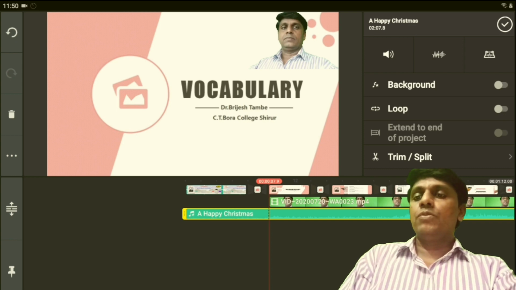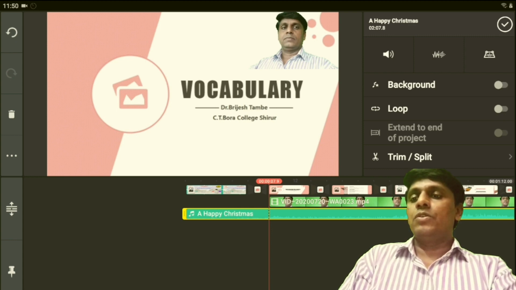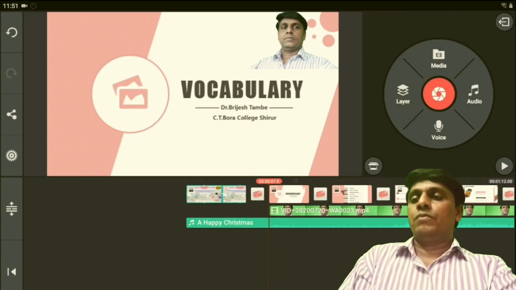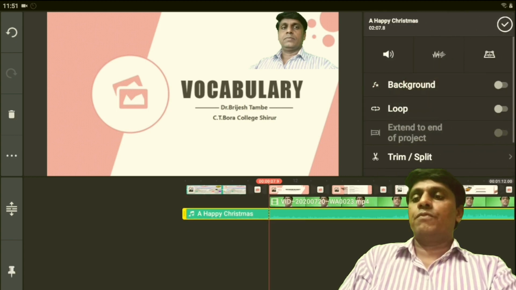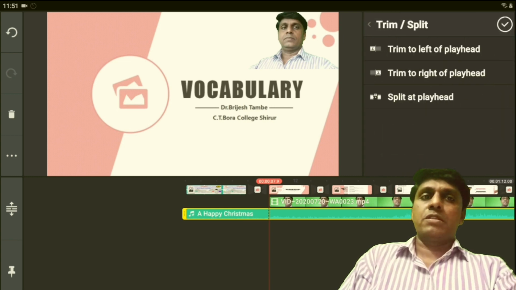If you want to give it to the first slide, then adjust it, and after the adjustment you crop it. For example, this one I have to select for the first slide. Then go to the option trim and split, click on it.